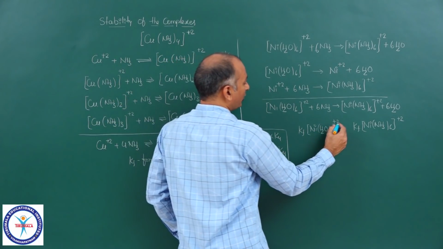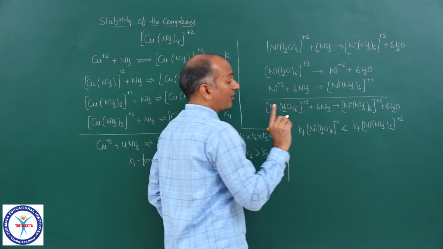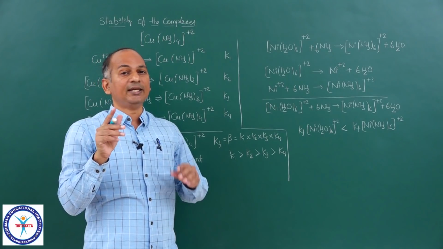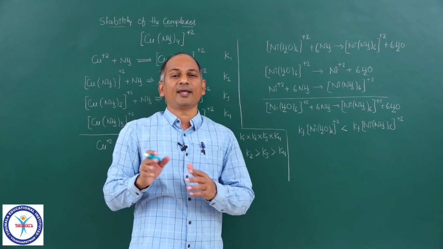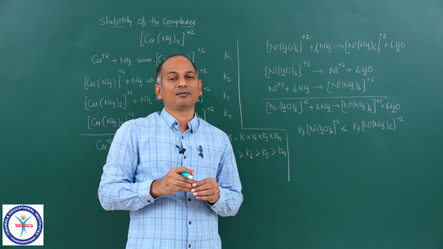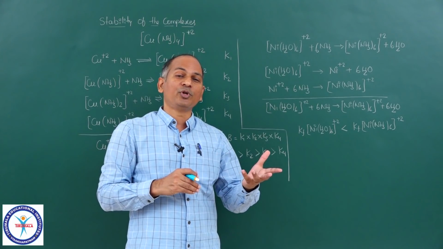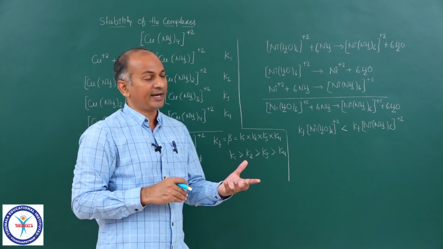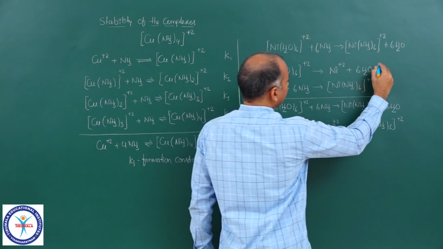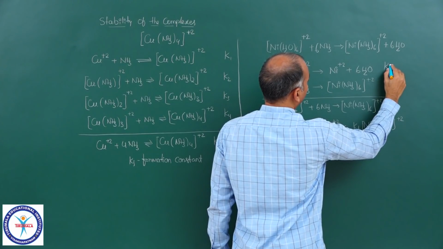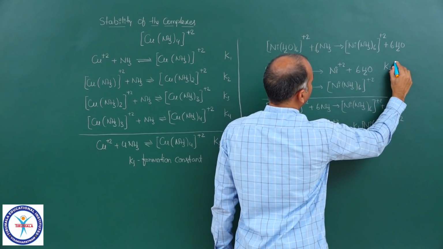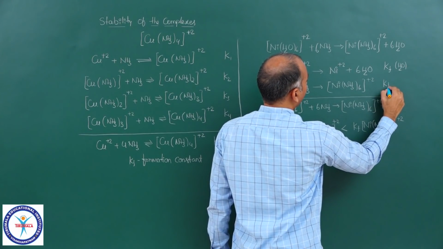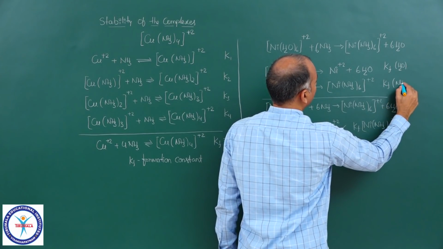So without any doubt, the ammonia complex, because ammonia is a strong ligand. Nitrogen is more polarizable than oxygen. So as a result, the nickel nitrogen bond is stronger than the nickel oxygen bond. So the nickel ammonia complex is more stable. So the formation constant will be greater. Now this is Kf of the aqua complex. Let me write down simply in brackets only water. Now this is the Kf of the ammonia complex.